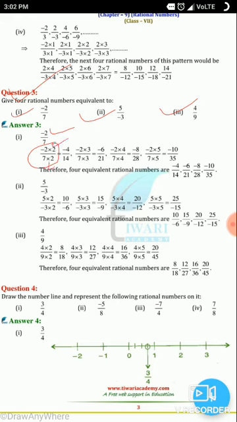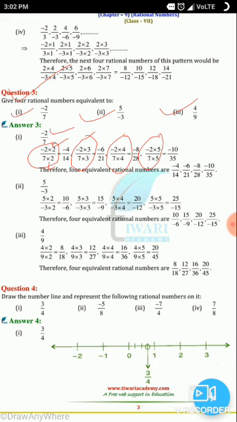In the same way after that we have to multiply numerator and denominator with 3. Then we have to multiply minus 2 upon 7, means numerator and denominator, with the same numbers 4 and 4, okay. And after that we have to multiply minus 2 upon 7 with 5, right? Here our question asks for 4 rational numbers, right? So by this way we will get our 4 numbers which are equivalent to the given question, right?